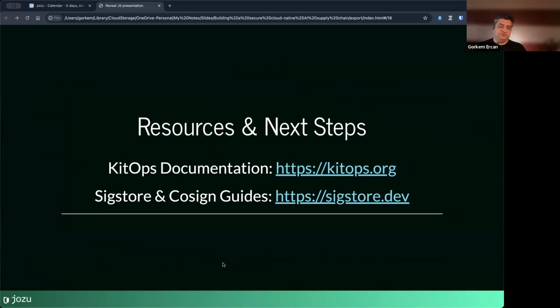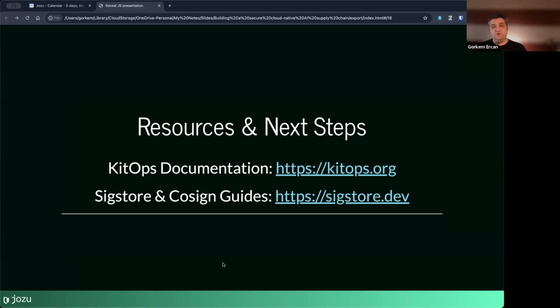There are two things that you can look at. KitOps.org is the open source project. There's a lot of information on how to use KitOps with different tools and different methods, and KitOps also has additional commands that we haven't covered in this workshop that you can look at.